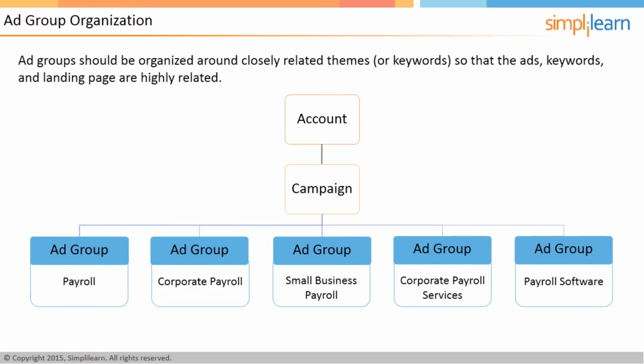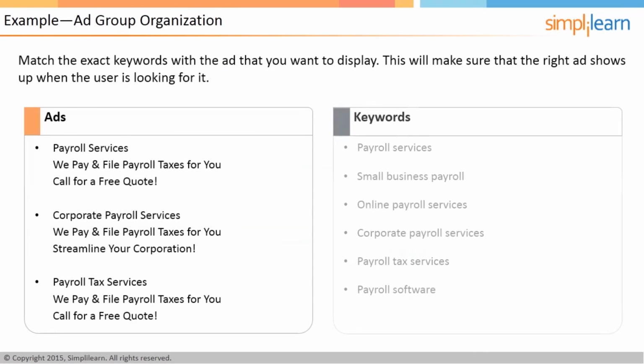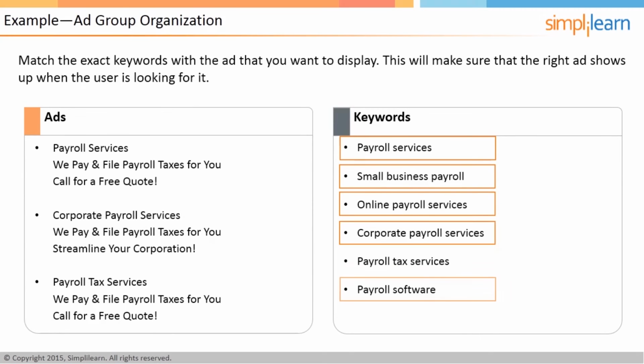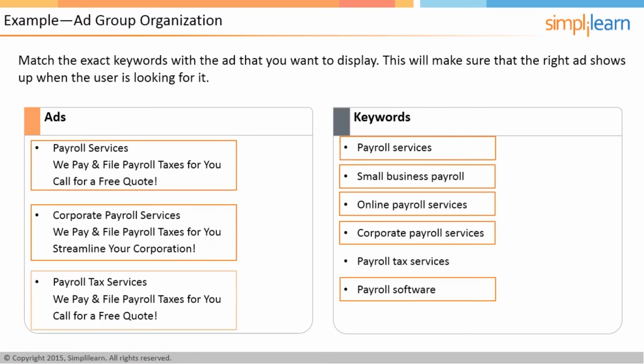Now, those are different types of ideas. So you'd want an ad group within a campaign about payroll for each of those ideas. So for example, what you don't want to do is have an ad group with keywords like payroll services, small business payroll, online payroll services, corporate payroll services, payroll software in one ad group, and then hope that your ads, which one's about payroll services, one's about corporate payroll services, one's about payroll tax services, in the same ad group,